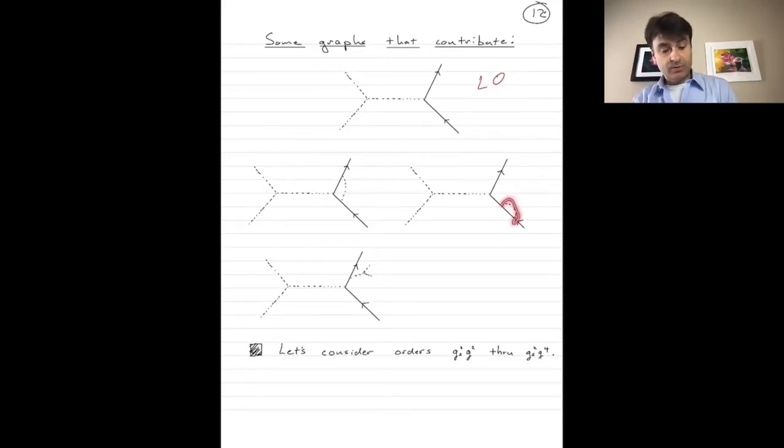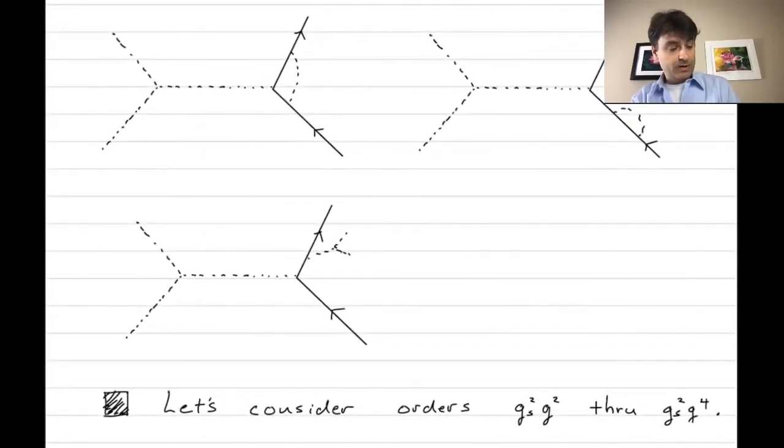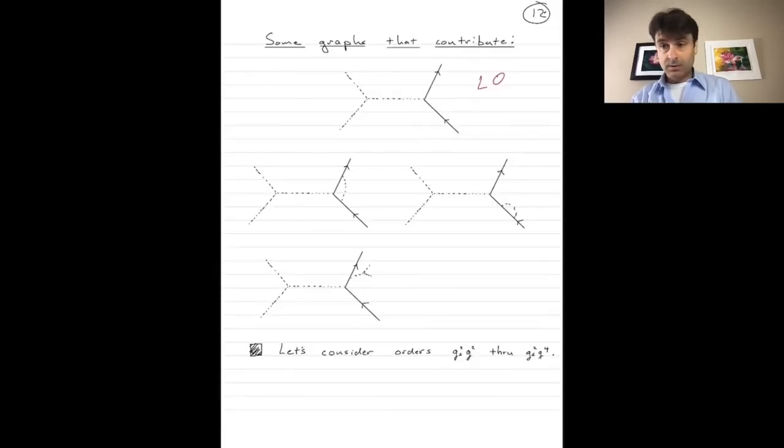You have external leg diagrams like this that require that you use the LSZ formalism, and we'll see an example of that. We've already set up the residue, so that should not be too difficult to push through. We've got diagrams where the outgoing scalar can split like this. Now I'm going to restrict to a few diagrams that really illustrate the issues with the infrared behavior. I'm not going to calculate these in particular,